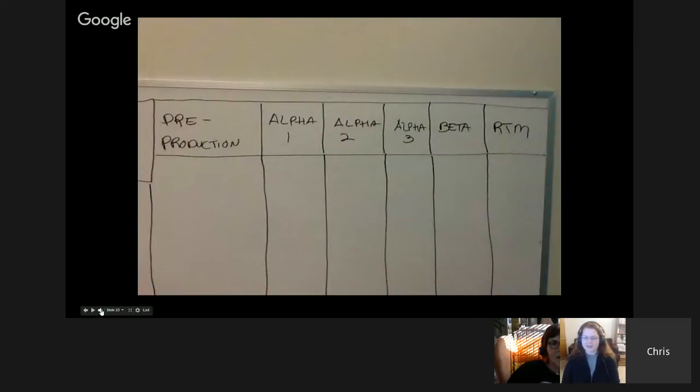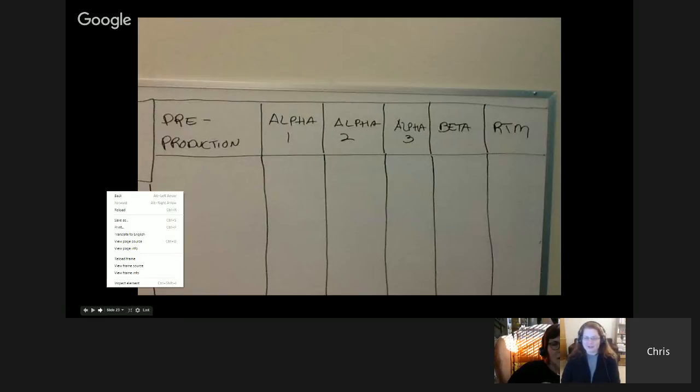Why not go ahead and put it up on the board and have them actually think about how do you manage time? How do you divide this out? How do you decide how much gets put into each of these cycles? I mean, pre-production. How long are the students going to spend on this? Are you going to dictate this, or is this something that you have your students do? What does alpha 1, 2, and 3 look like? What do you have to have done by these? And then the beta testing, and then ready to manufacture, or ready to play.